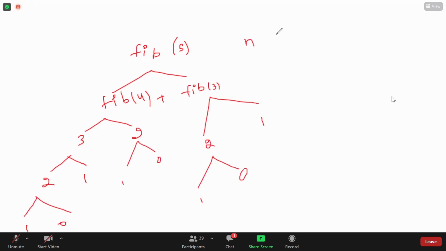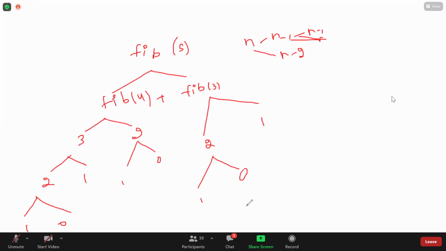After the nth term we are moving towards n minus 1 and n minus 2. We are assuming like n, and next we are moving to n minus 1 and n minus 2. So we are starting with the topmost value, and after the topmost value we are reaching the bottom one, that is the 0th one. That's why this is called the top-down approach. From the nth term we are moving towards the 0th term.